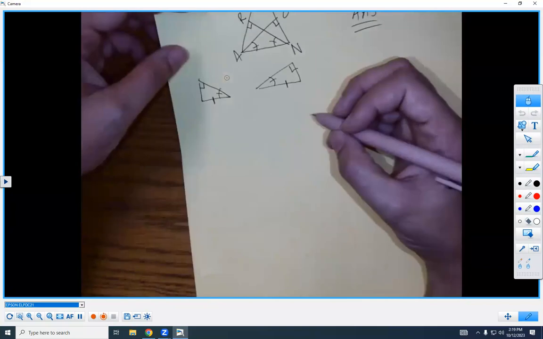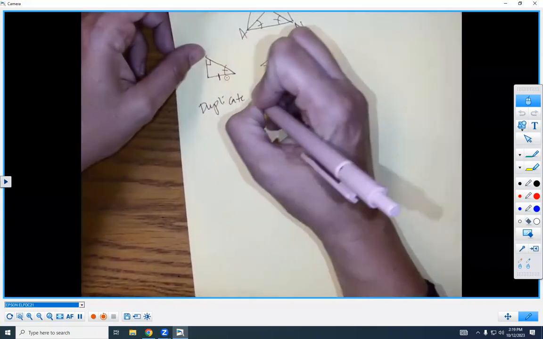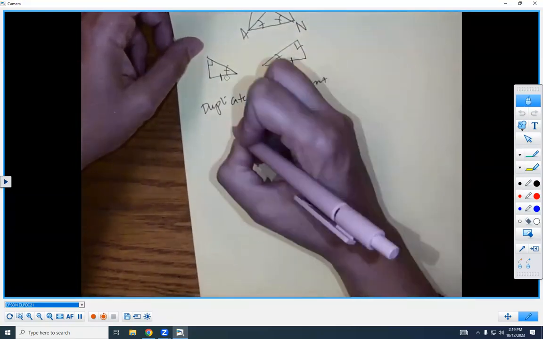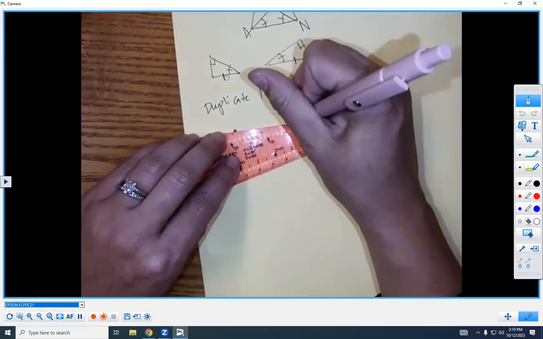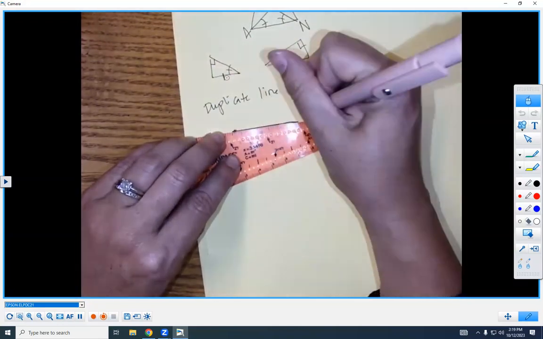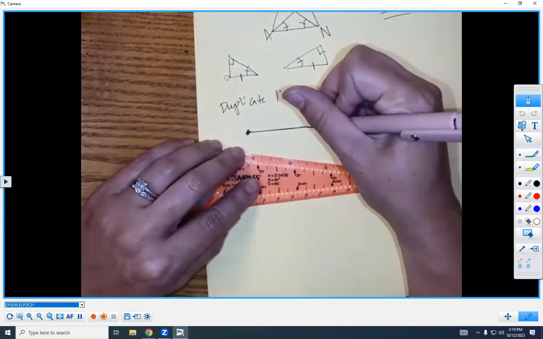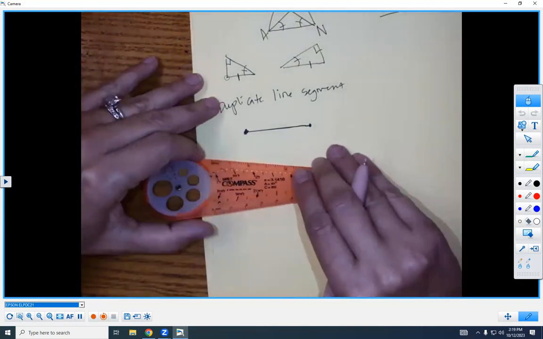How do you duplicate a line segment? You put the circle part, the middle part, on one point and then you find where the other point goes. I don't know if that makes sense. Yep. So here's my line segment. Let's try again. Let's go here and to here. Here's my line segment. How do I duplicate that? So you put that part on,